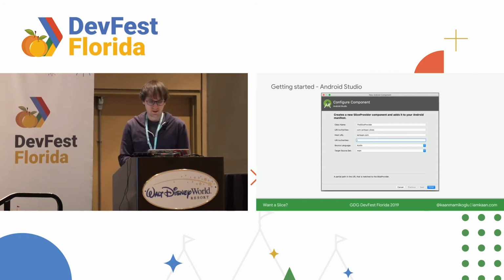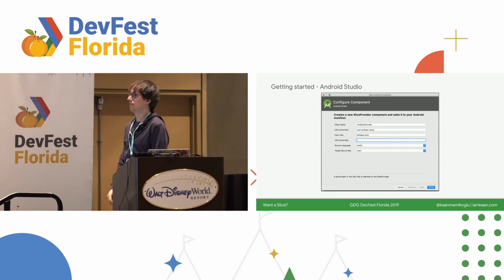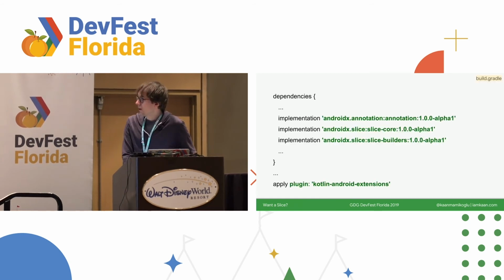Then for authorities, the first one is pretty much your package name, which you can customize, of course. And the second URL authorities part is just the path you want to capture with this provider. And then once you say finish here,